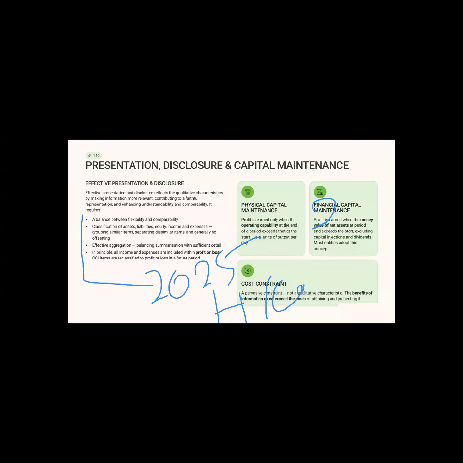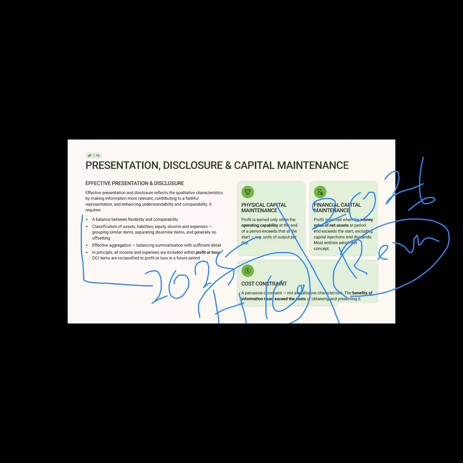Okay, in 2026 what you are doing is you are reevaluating your land. You revalue it and put a new price in 2026. At that time, here it was the historical cost basis, and here it is the revaluation basis. So if you change it, using this method in 25 and this method in 26, there should be flexibility to change these things.